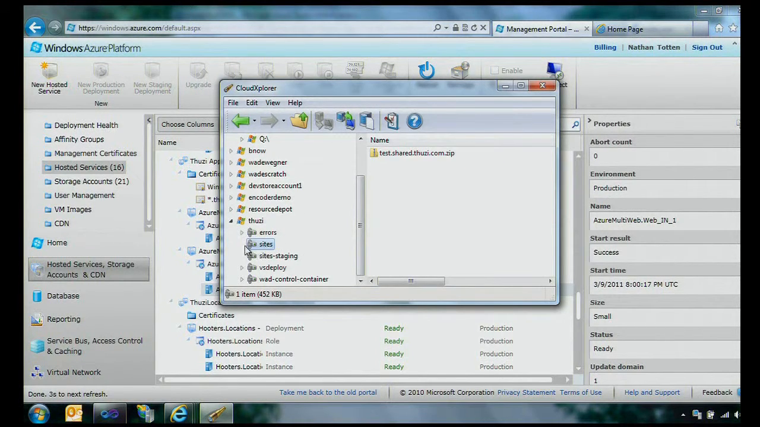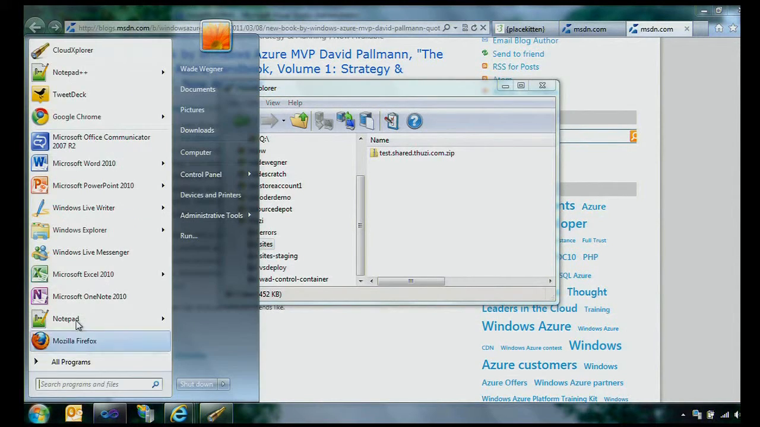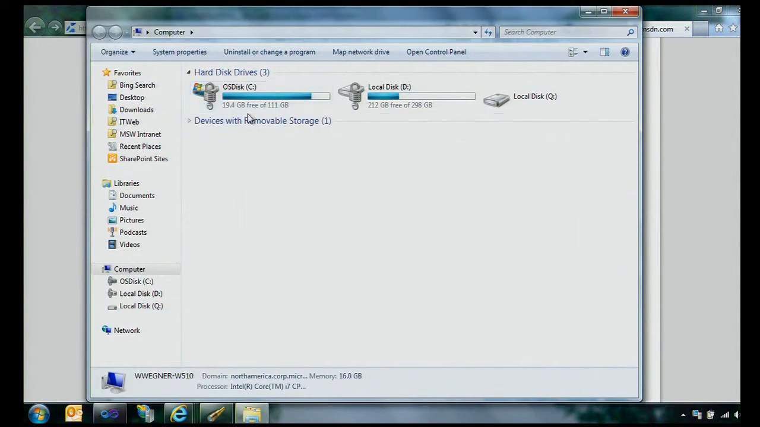What we do is we have this site. We have our production set up to read this blob, sites, and then we have our staging set up to read site staging. Okay. So let's go to this folder. We closed our folder. Where is our folder? Temp, C temp,